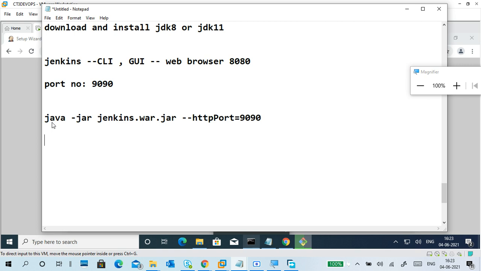Then after that I open a web browser with HTTP. So why not HTTPS? It means we have not done HTTPS kind of setup here.